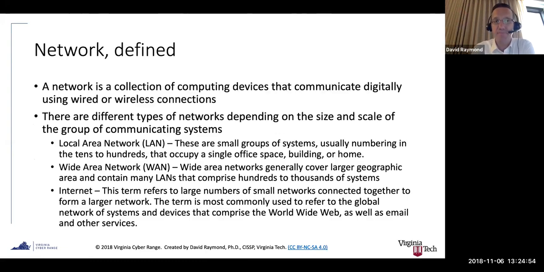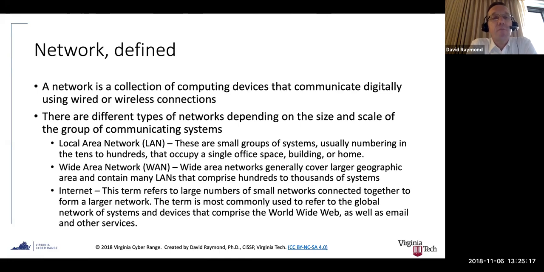So let's dive in here. First thing we do, and again, this was an oversight in my previous courseware. I never really talked about what a network was at the sort of high level, and so that's what a lot of this discussion is going to cover. Right. So what's a network?